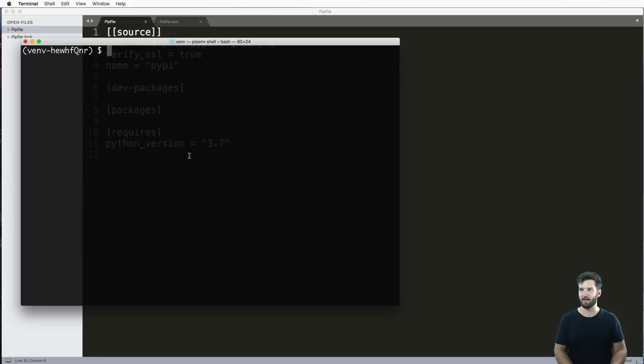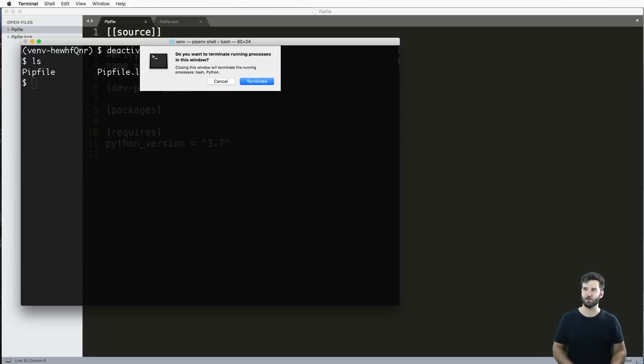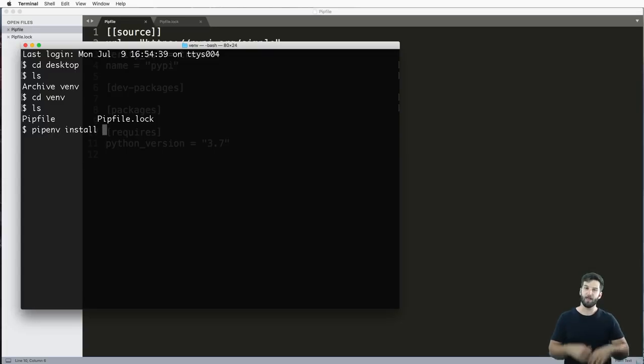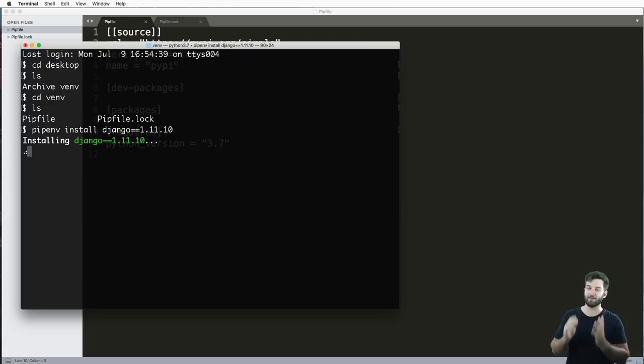So to install a package, I can be in the virtual environment or not. That part doesn't matter. In fact, let's go ahead and just close out that window altogether, and we'll cd into our desktop and back into our venv again, and literally just do pipenv install, and then whatever package we want. So if we wanted Django, the latest version of Django, we would do it this way. If we want a specific version, we would do it like that, right? So 1.11.10, that's how you now install the latest or that particular version of Django or any Python package,